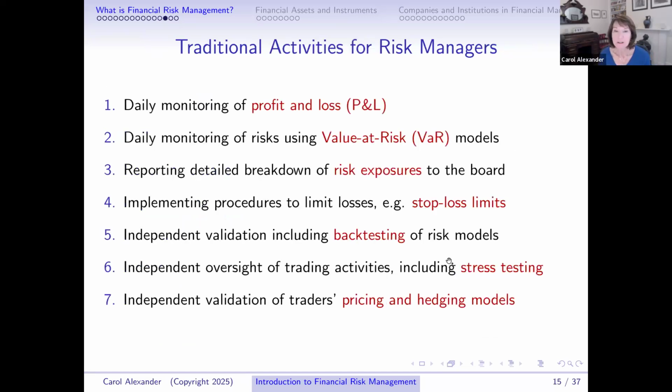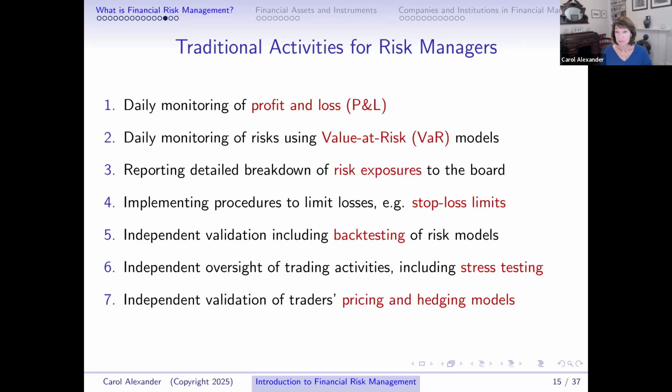Now let's focus on risk managers. If you were to get an entry-level role in risk management, what would you be doing? Well, first of all, you start off with the monitoring of P&L, profit and loss, every day. So you'd look at the positions as they are in the morning when you get in, you compare them with, say, 24 hours ago. Some positions made a profit, others made a loss, and then you would do an aggregate P&L, but you would also disaggregate that P&L into different portfolios.